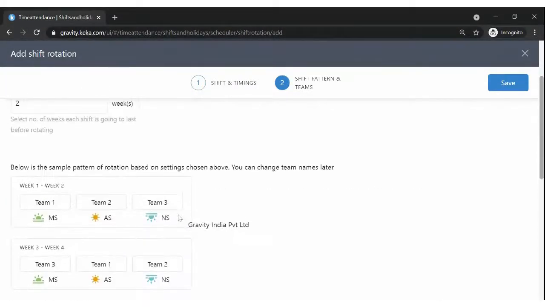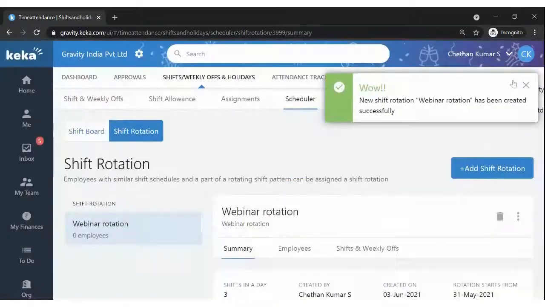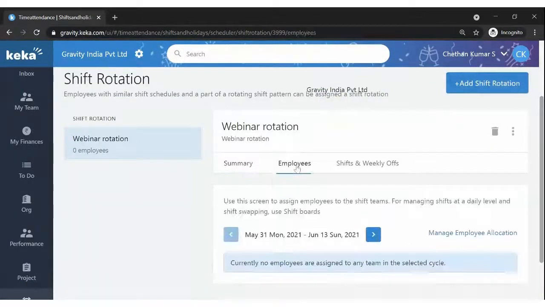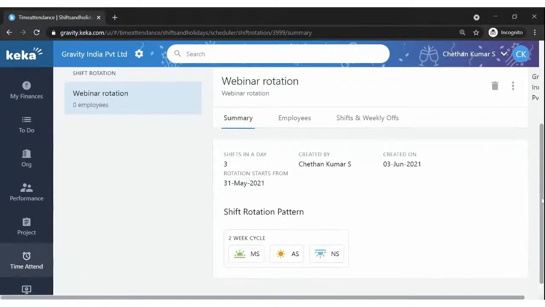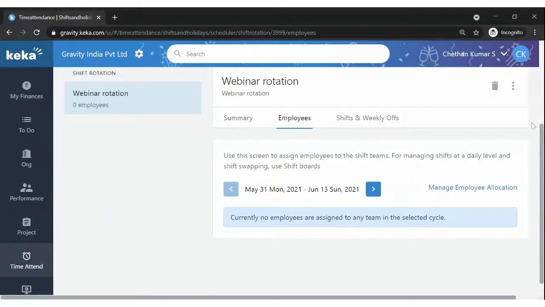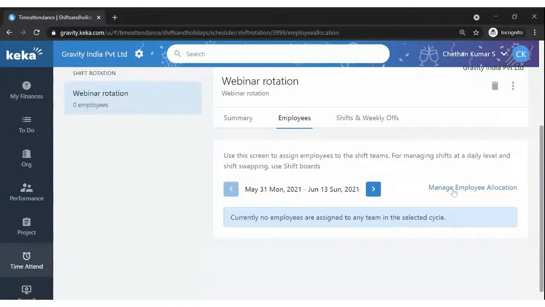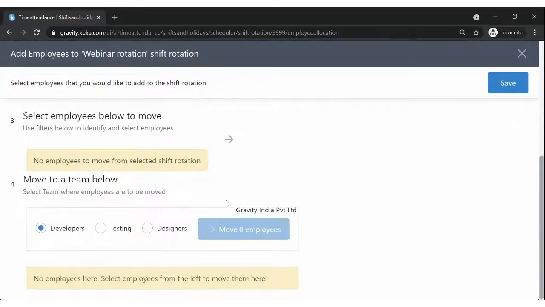Now we have successfully created a shift rotation pattern as well. I'll just save this. Okay, very well, we have created it, but we have not assigned this to anybody yet. So we have to switch to employees and click on manage employee allocation. From manage employee allocation, we have to allot